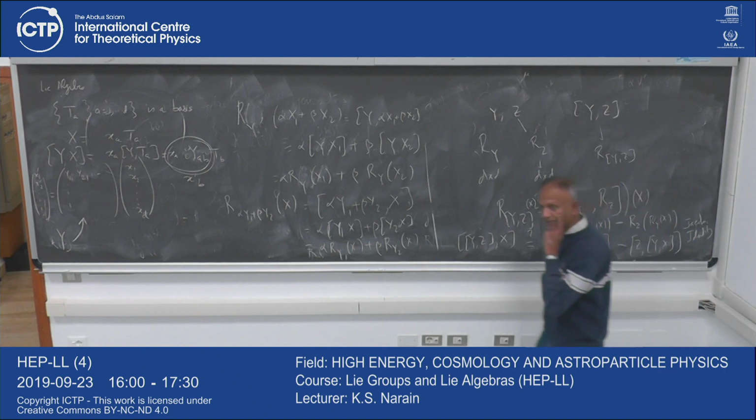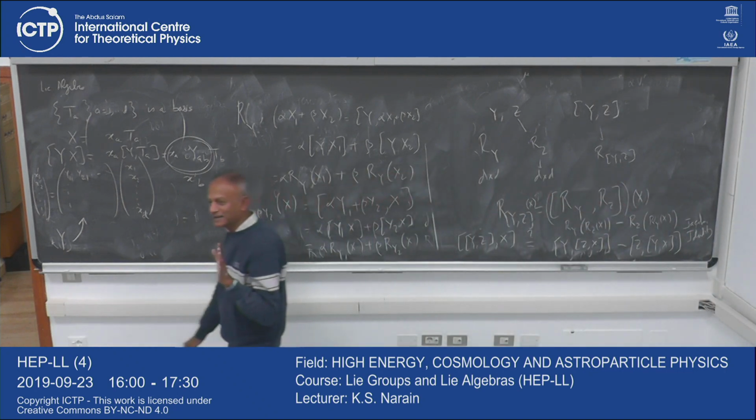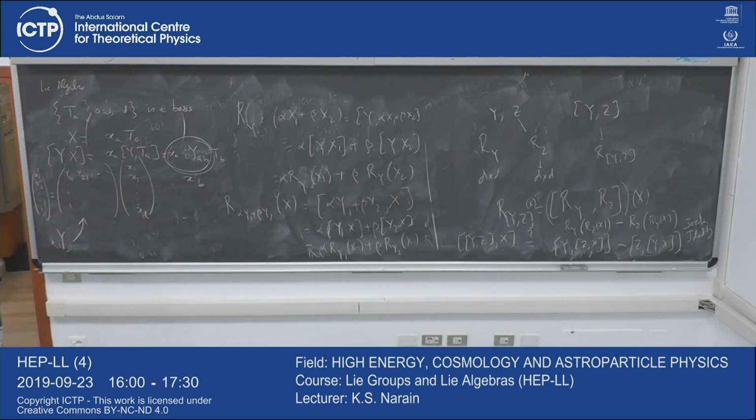So you see, Jacobi identity was quite crucial. So far, Jacobi identity never played any role, right? Well, because we were always thinking in terms of matrix algebras and so on, matrix groups. So Jacobi identity was automatic. But here, in a more abstract setting, because now we are thinking in a more abstract way, here on this blackboard,